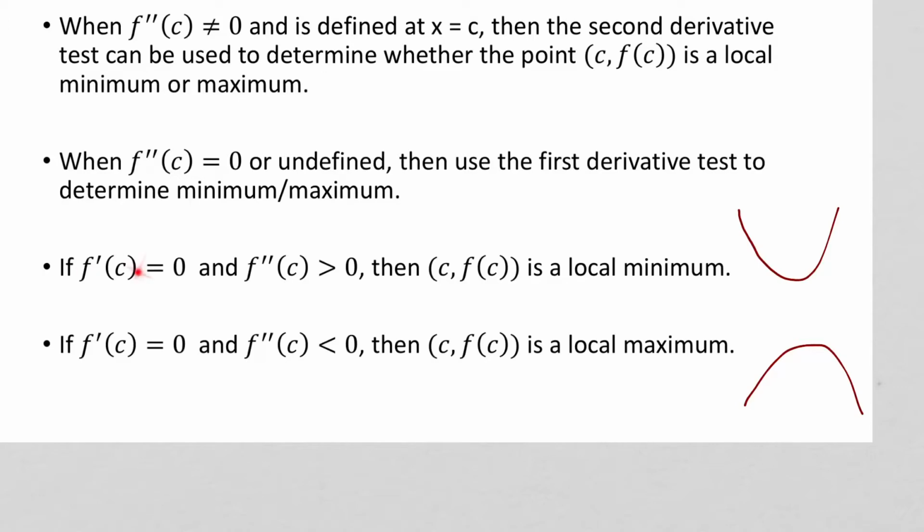So if f prime of c is equal to 0 and you have a positive second derivative, then you're concave upward, you've got a local minimum. If f prime of c is equal to 0 and f double prime is negative, then you're concave downward, you have a local maximum. So sometimes a second derivative is a quicker test to determine whether you've got a local max or a local min,